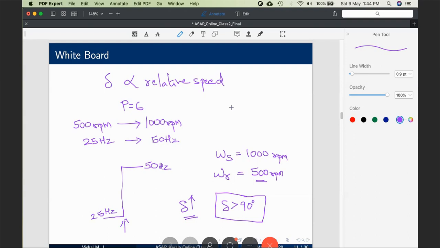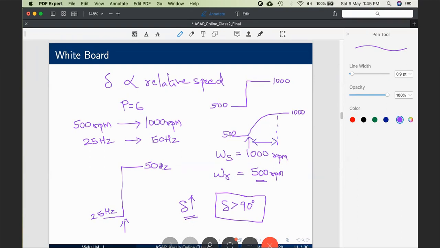Why did this problem come? We were changing frequency in a stepped manner. Say 500 RPM was here. We wanted to change it to 1000 RPM immediately. Instead, what we do is we gradually go like this. 1000 is here, 500 is here. Instead of a step, we give a delay, and after some time, we reach 1000.